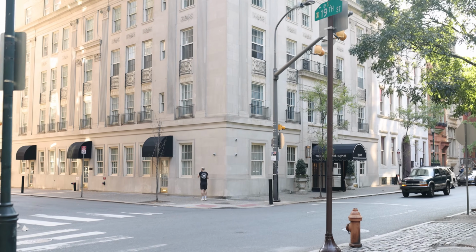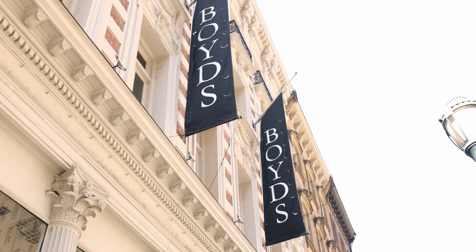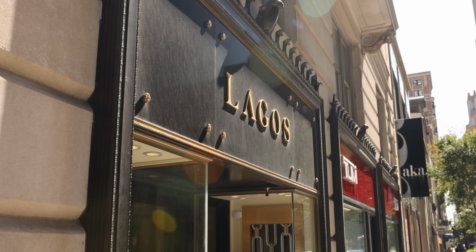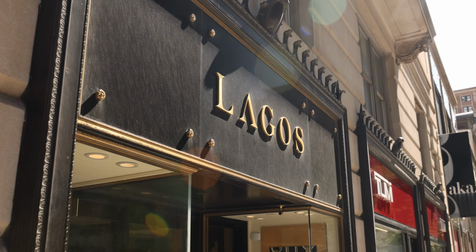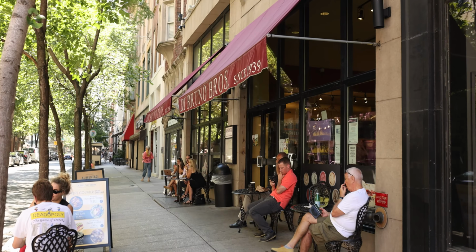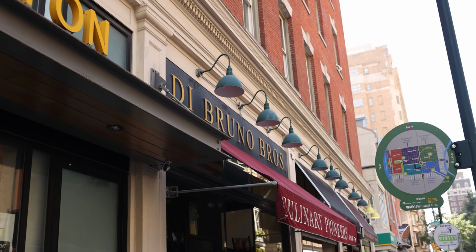So first up, you have Boyd's, which is a landmark department store, has been around for years, sells elegant apparel for men and women. Then you have Lagos, yes, that really well-known jewelry brand. The flagship store is right here in Philly. And finally, De Bruno Bros. This Italian gourmet market has been a neighborhood staple since the